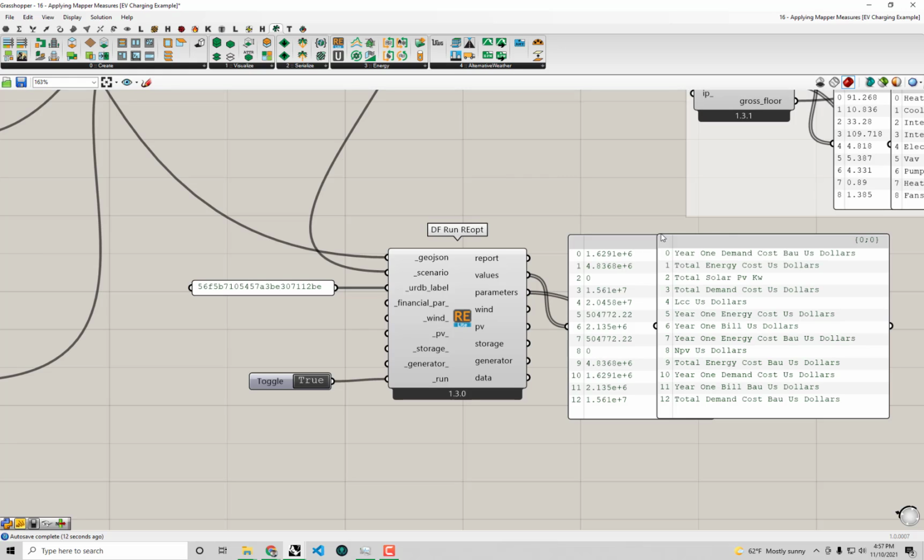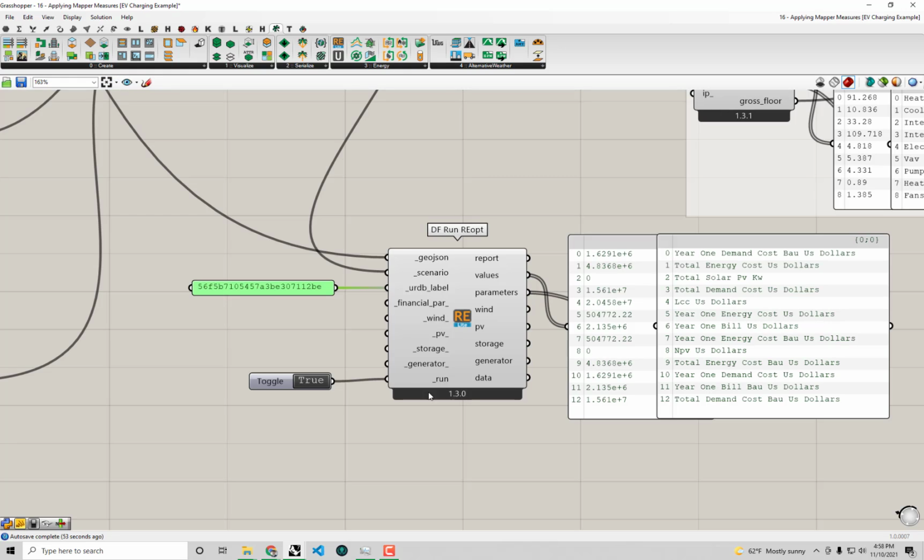Okay, so we're getting the year one cost of electricity in US dollars. These are demand costs and total energy costs. And oh man, all right, this is not really so exciting to see. So it seems that actually the optimal solution for our site here, using this Buffalo utility rate, is that there's zero PV is essentially the optimum. So essentially what this is trying to tell us right now is that electricity is so cheap within this area, and the amount of solar energy available not enough to really overcome the cost of installing PV in the first